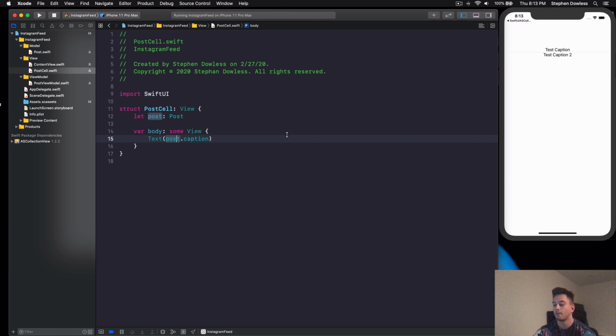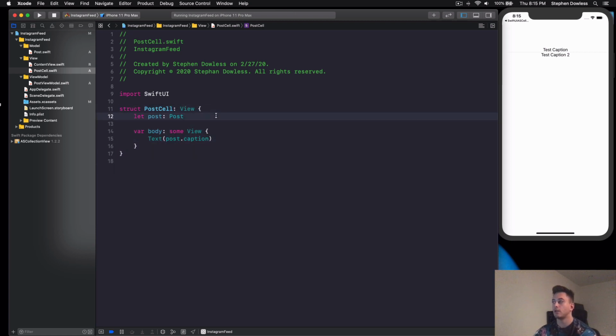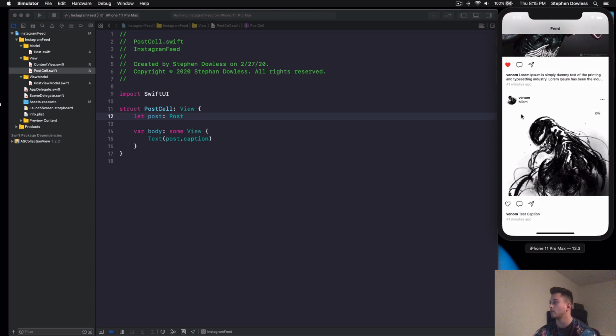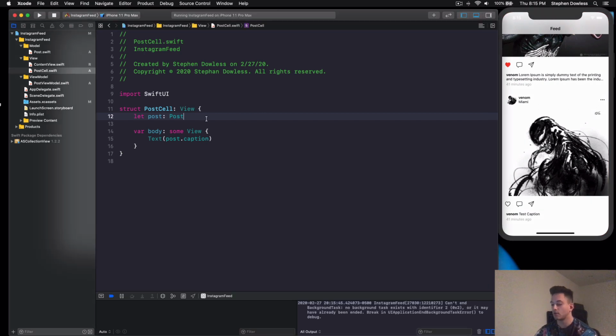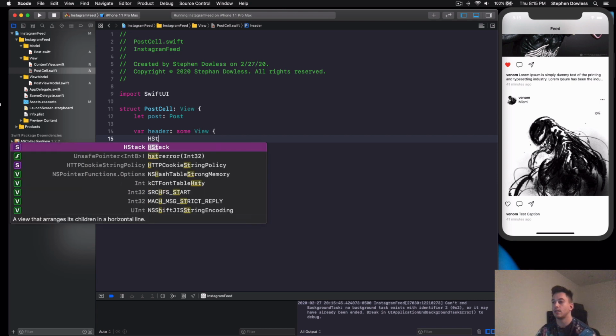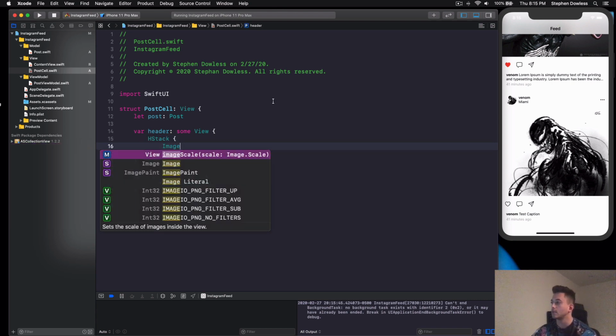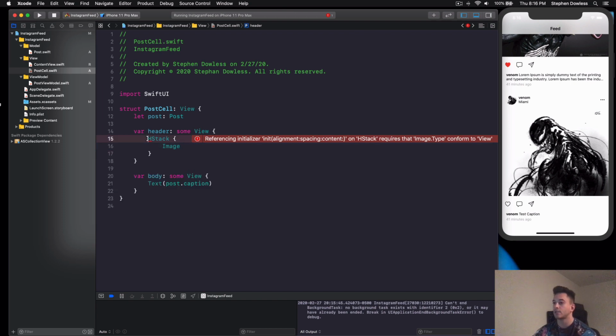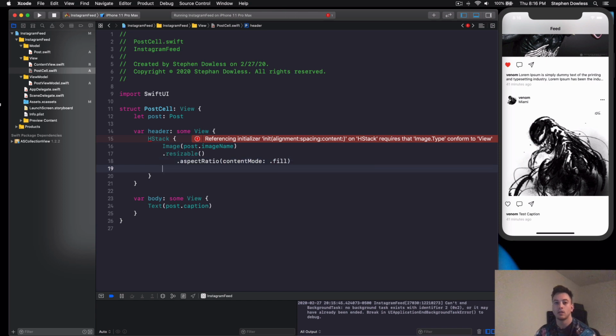All right, guys, so let's hop back into the post cell and we're gonna start by creating this header that we see here. So let's just go ahead and create a variable for that. So we're gonna say var header, which is some View, and we're gonna stick it in an HStack, and we're gonna create this image first. So obviously we have all these components laid out horizontally, so that's why we are putting them inside of an HStack. So Image, and it's going to be post.imageName, and we're going to say .resizable, .aspectRatio is .fill,